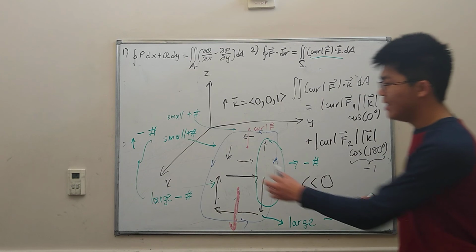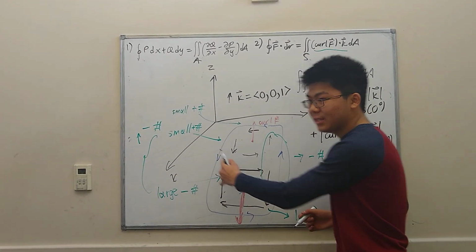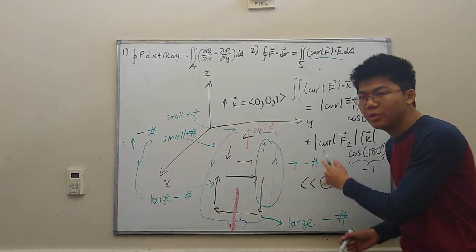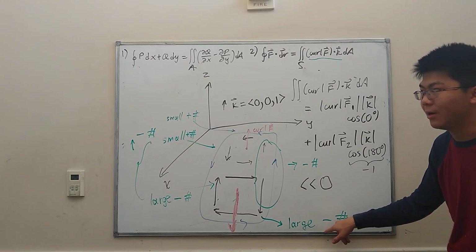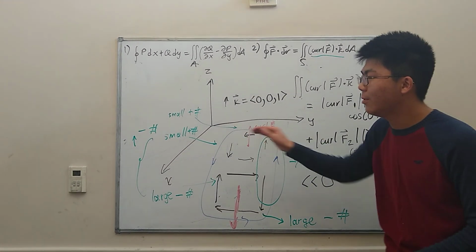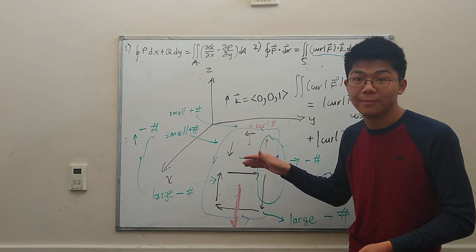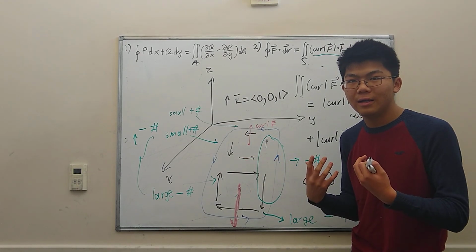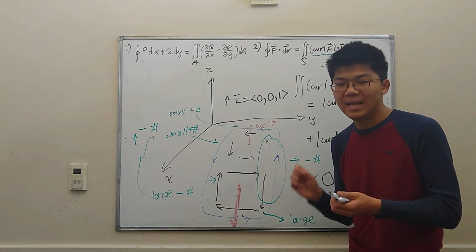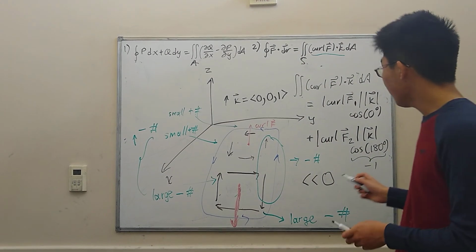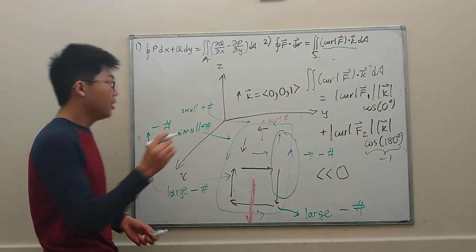So we have a negative number over to the left. We have a negative number over to the right. For the bottom, we end up with a large negative number. And for the top, we end up with a very small positive number. When you sum up all these four values, you're going to end up with a net negative number. That means your line